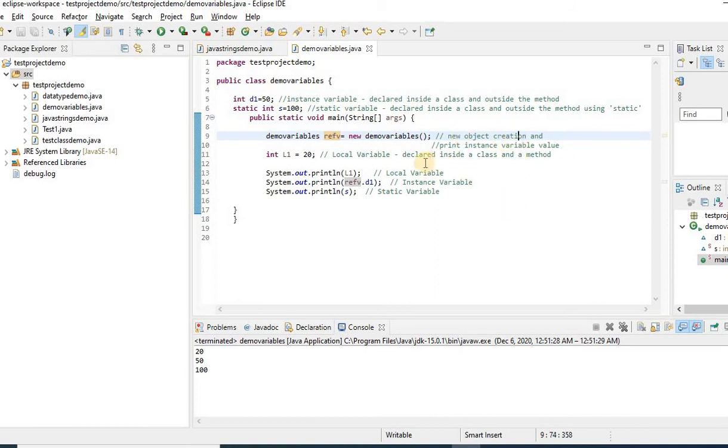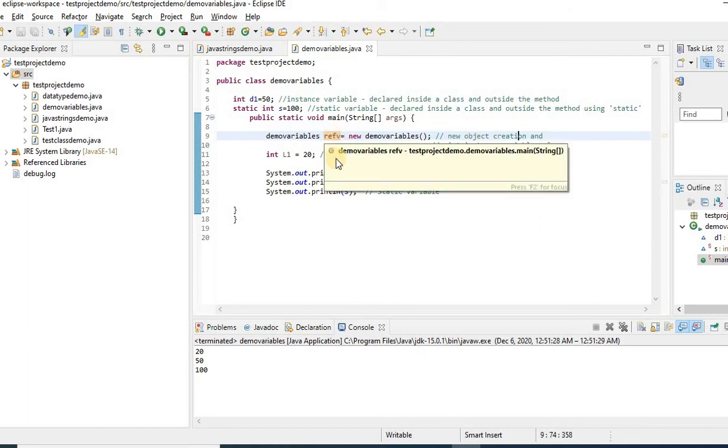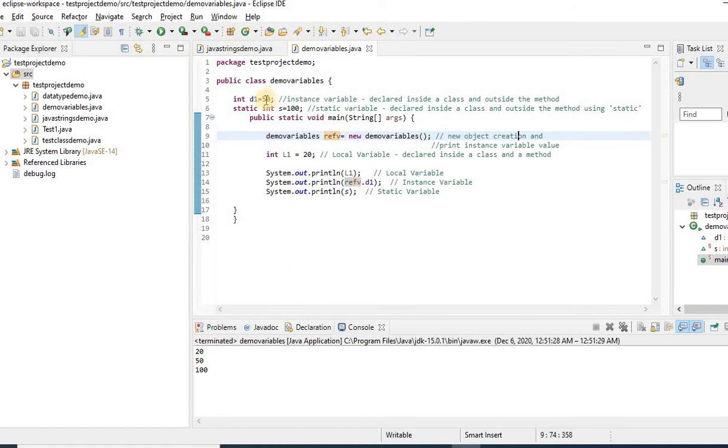Here a new object refv is created, and with the help of refv we are printing the d1 value, that is the instance variable value, on the output screen. So since we are referring to a value that is outside the main method, we need to refer like this to print the value, that is refv dot d1. This prints the value of d1, that is 50, on the output screen.